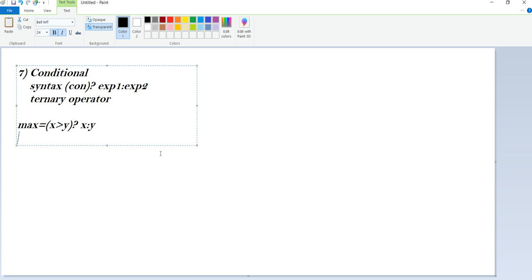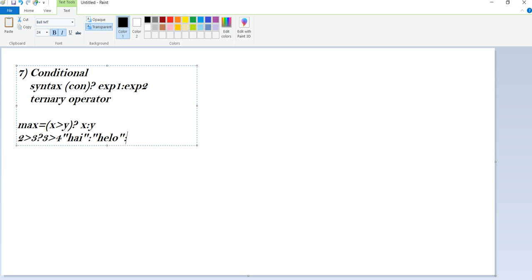The conditional operator can be nested any number of times. We can use it multiple times. For example, 2 greater than 3, question mark, 3 greater than 4, then some message, colon some message hello, colon some message bye.